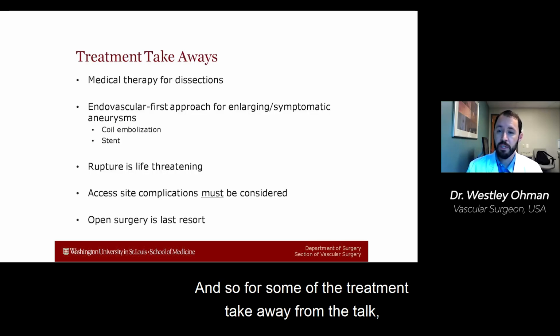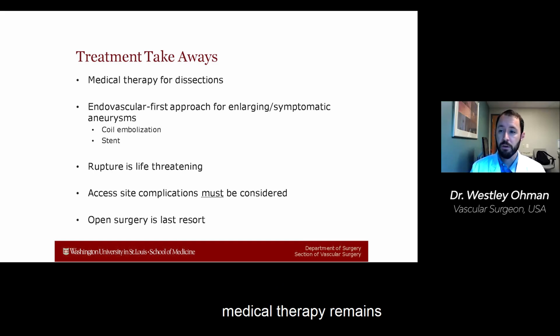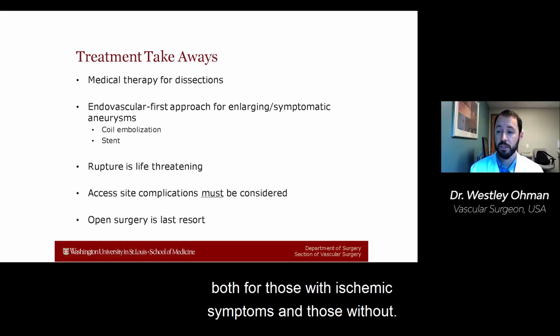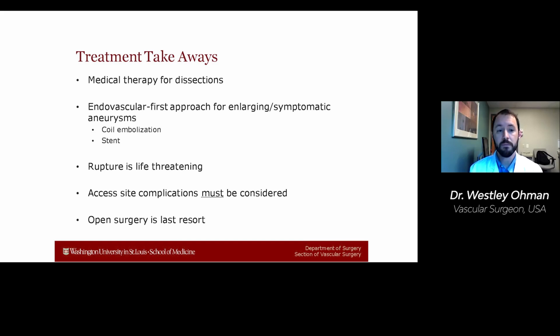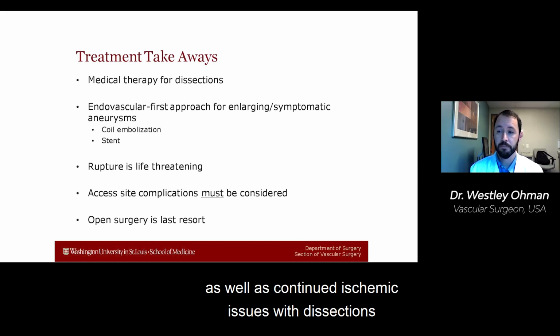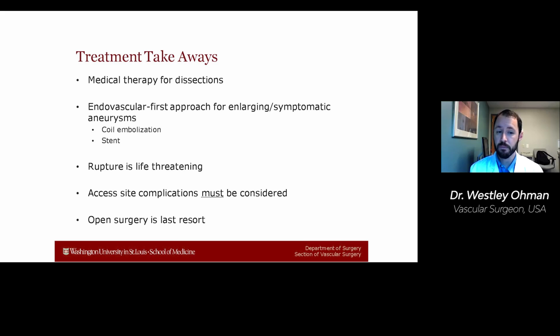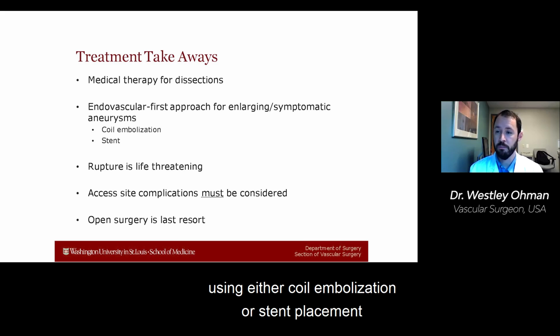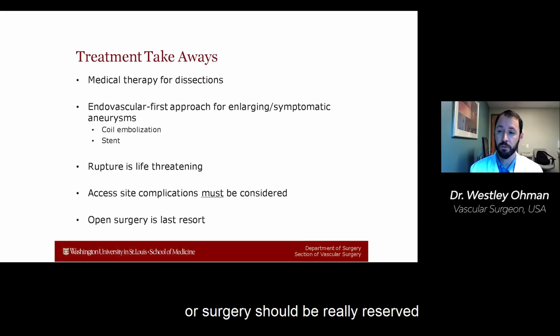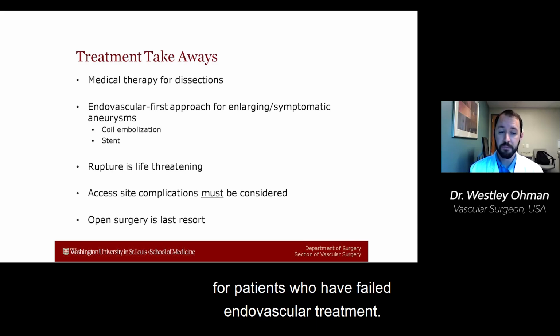For some of the treatment takeaways from the talk: medical therapy remains the mainstay therapy for dissections, both for those with ischemic symptoms and those without. An endovascular first approach for enlarging or symptomatic aneurysms, as well as continued ischemic issues with dissections, using either coil embolization or stent placement, should be considered first, and honestly second and third line therapy, where surgery should be really reserved for patients who have failed